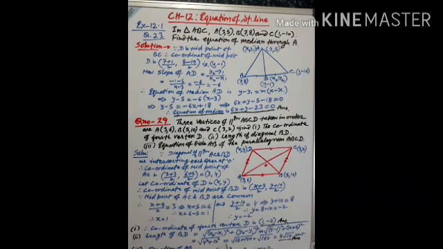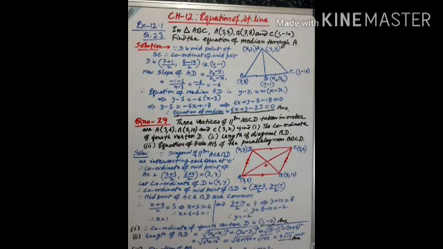Now substitute the values of x1, y1, x2, y2 here. Then on simplifying you get 4 root 10. How 4 root 10? Because you have to factorize it in such a way that one factor is a perfect square. So 16 into 10, 16 is a perfect square, square root of 16 is 4, so 4 root 10. So the length of the diagonal BD is 4 root 10.